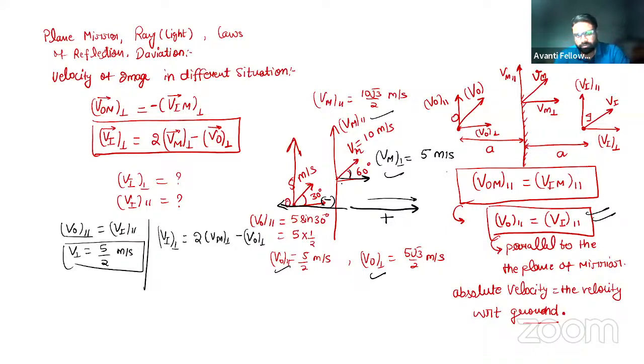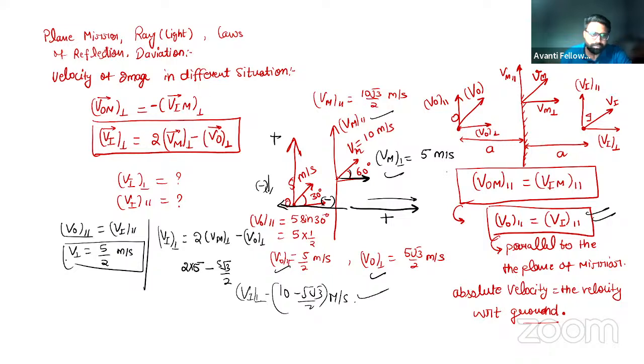So if you will see the mirror velocity perpendicular is left to right, which we can consider positive. So 2 times 5 minus velocity of object perpendicular is upward. Upward we can consider positive, downward we will consider negative. ठीक है. So velocity of object perpendicular is 5 root 3 by 2. ठीक है. Which is nothing but minus 5 root 3 by 2 meter per second. So we have found out what is the velocity of image perpendicular and what is the velocity of image